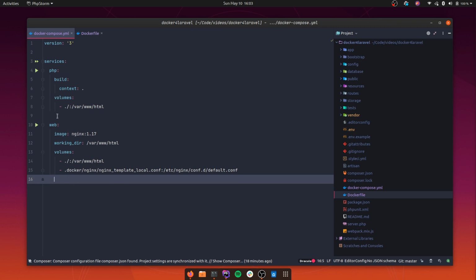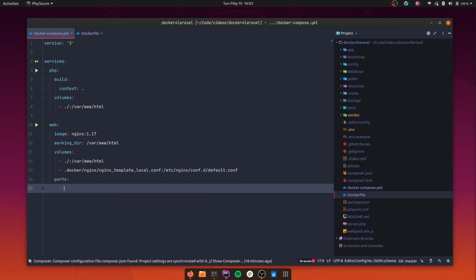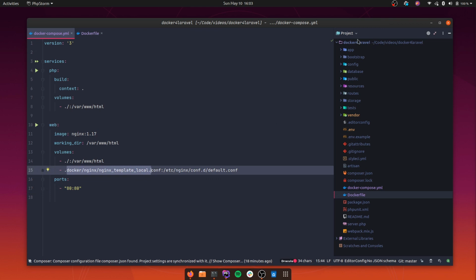However, we do have to expose the Nginx process, and we are going to do that now, sharing a port. So we are going to be sharing the port 80. This means that I want to bind my local port 80 with the Nginx container port 80. And before we are able to run it, we actually have to create the site template, and we are going